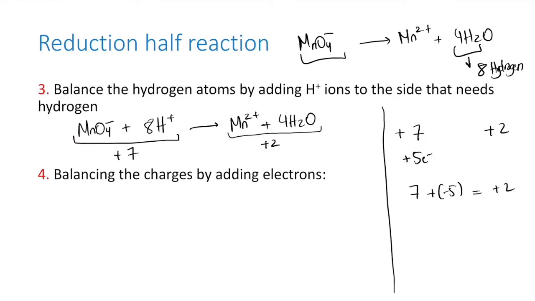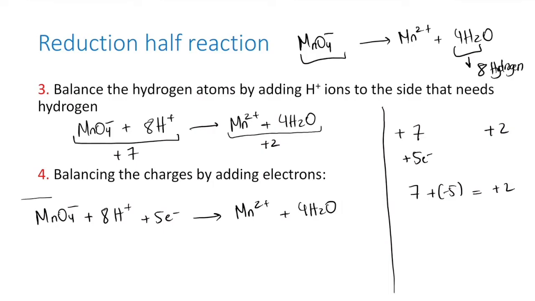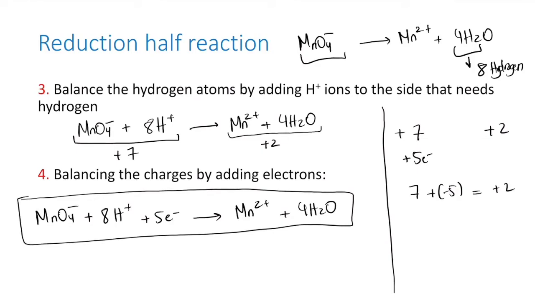So here we have MnO4 minus plus 8 H plus. Now we need to add 5 electrons. It gives us Mn2 plus plus 4 H2O. And by this, we were able to balance the reduction half reaction in terms of matter and in